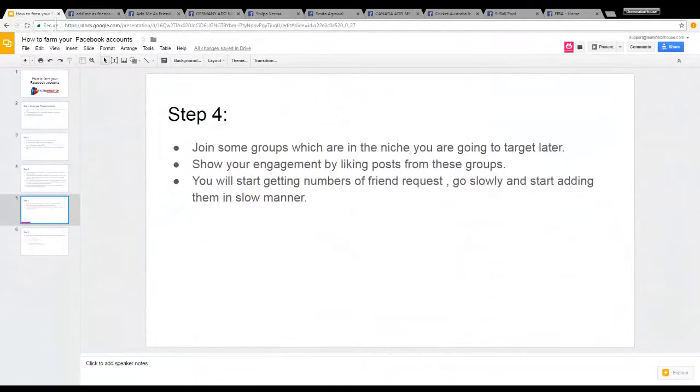So the first feature which we have here is to auto accept friends. If you are getting friend requests on your profile, you could just check this option and set the limit of the number of people you want to accept in a day, and the software will run daily and accept the people who are sending you friend requests. We suggest that you should not go above 200 per day, because Facebook may mark your account as spam.